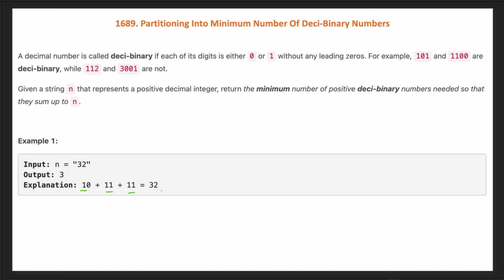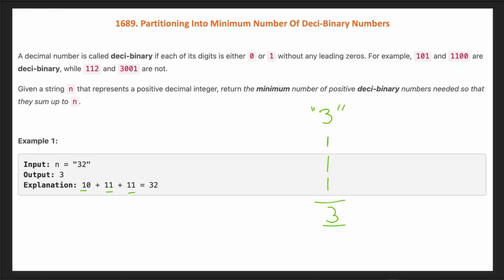So how to find this out? This is a little tricky problem until you catch the trick behind it. First of all, let's think we have just one digit in our number, let's say 3. Then how many minimum Deci binary numbers do we need to sum to get 3? We can only use the valid Deci binary number 1, so we will take 3 ones and sum them up. So minimum we need 3 Deci binary numbers.